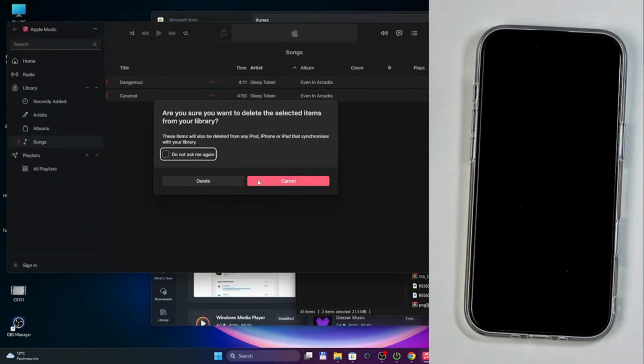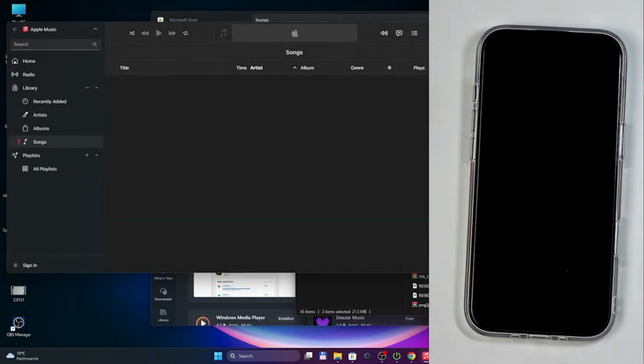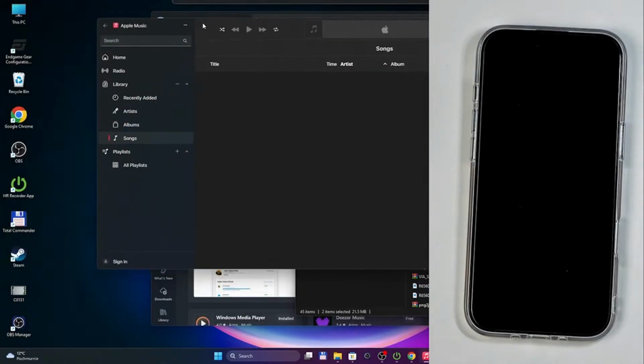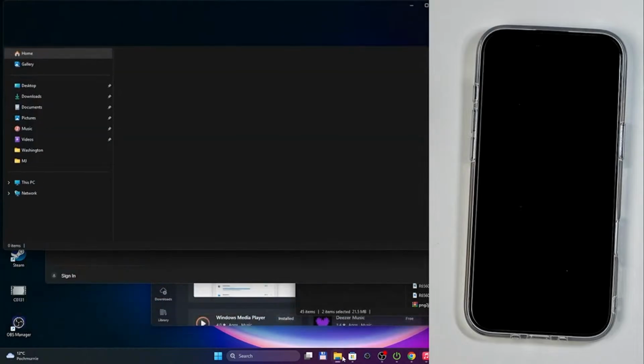Are you sure you want to delete the selected items from library? Yes, I do. Okay, so they're still here. Good. So I just deleted them from the application. So now let's open up our